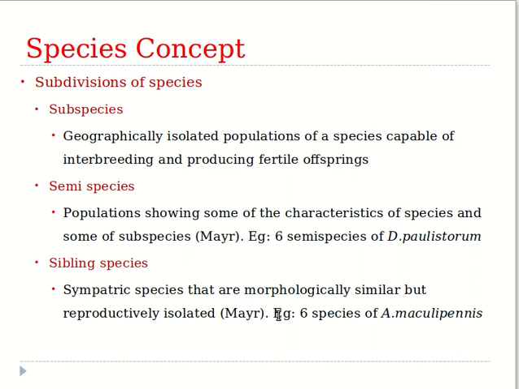There are about 6 species of Anopheles maculipennis and its relatives. So, this is a group of 6 species which are so much alike in their adult morphological features, but their larvae and eggs are different from each other. The adult species are isolated from mating partly by differences in mating behavior and partly by hybrid sterility.